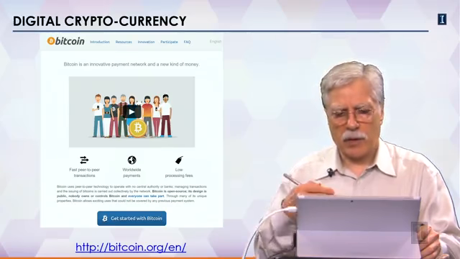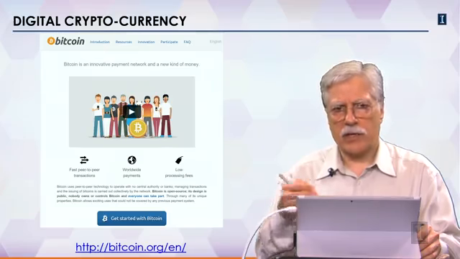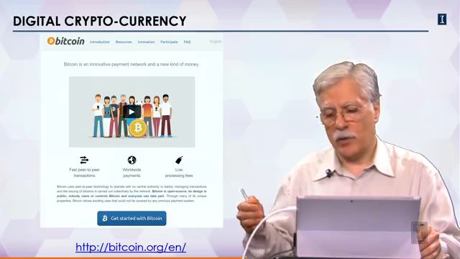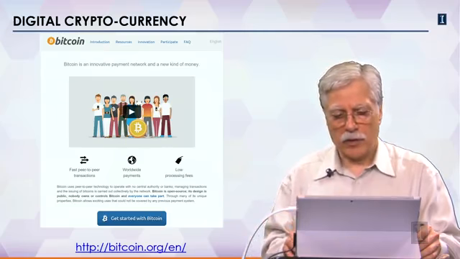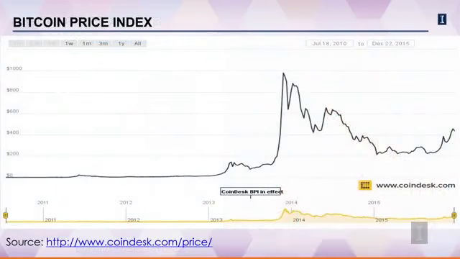And as the beliefs about what others think about this currency change, the value of this currency relative to goods and prices, and relative to other currencies backed by governments, also changes. For example, here's the price of a Bitcoin in terms of dollars that, as you can see, has gone from near zero to close to $1,000 and then down to about $400 in recent months.